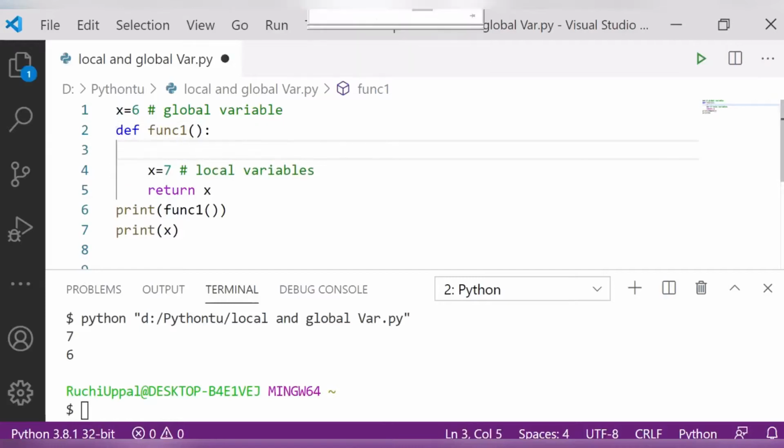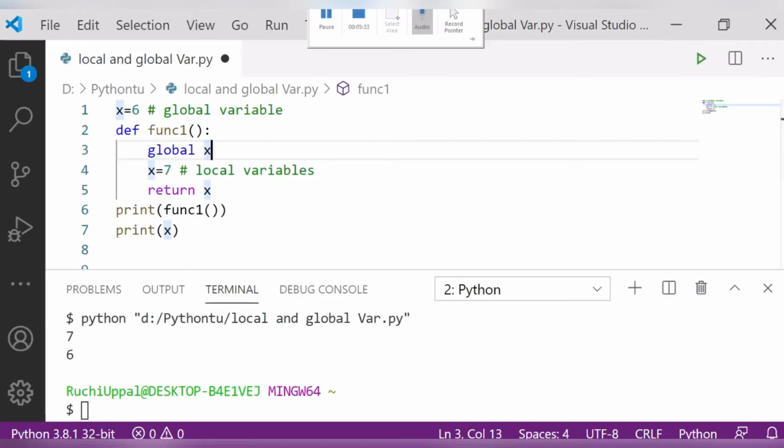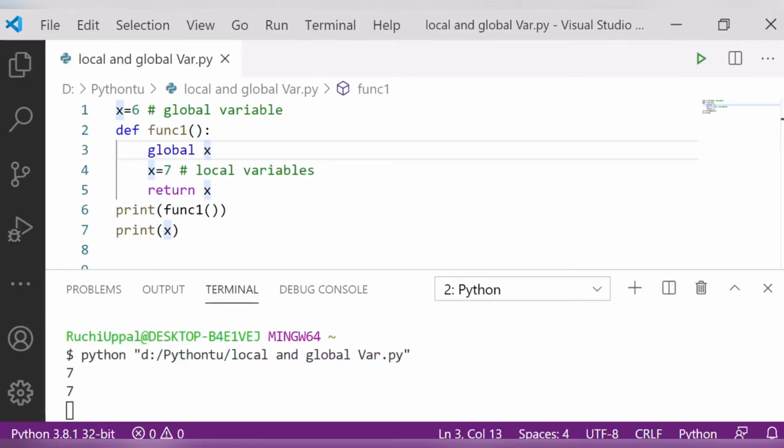If I want to change the value, I first have to tell it that it's global. What I want to do here is write global x, meaning the value that I have declared outside, I have to tell here. Let me run this and check the output.